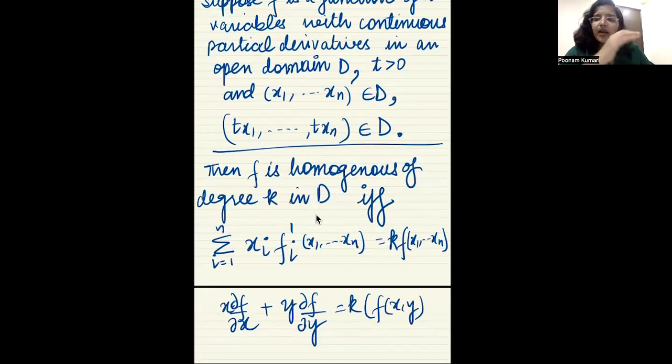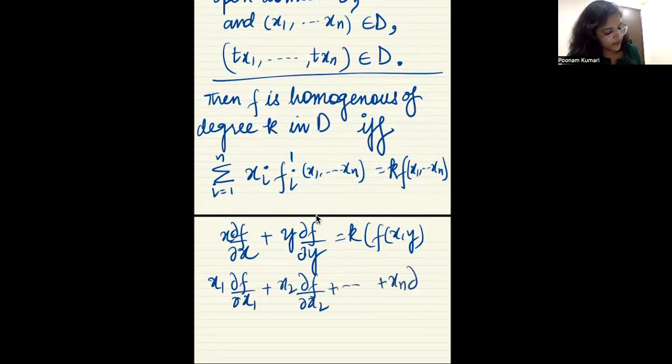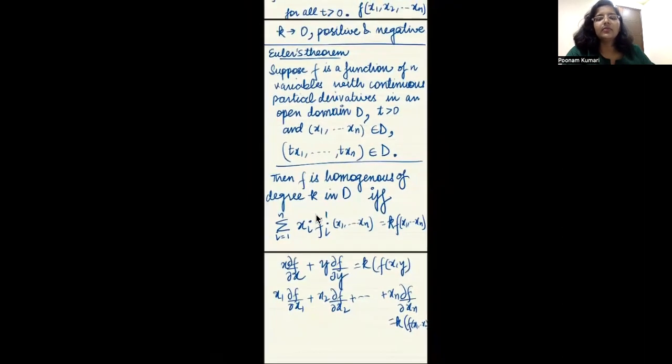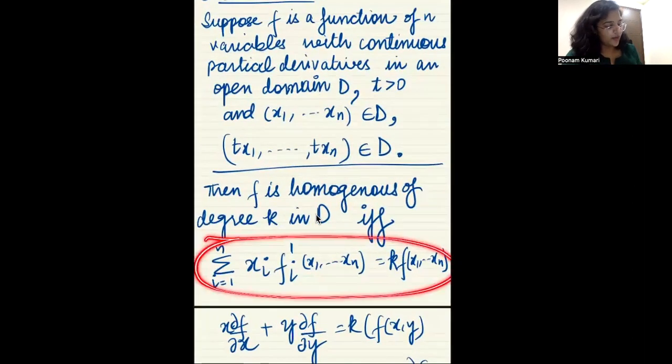Okay, so अब ये जो है हमने n वेरिएबल्स के लिए एक्सटेंड कर दिया कि ये क्या होगा x1 partial derivative with respect to x1 plus x2 partial derivative with respect to x2 up to जो भी xn partial derivative with respect to xn. This is equal to k times your function f(x1 up to xn). Okay, this was Euler's theorem for a general case. Okay, so अगर ये वाली कंडीशन सेटिस्फाई होती है तो हमारा फंक्शन डिग्री k का होमोजेनियस है,